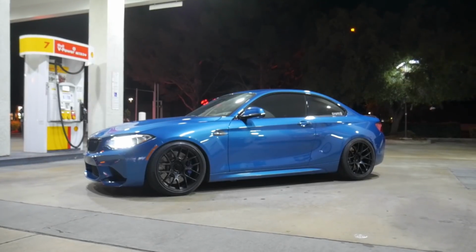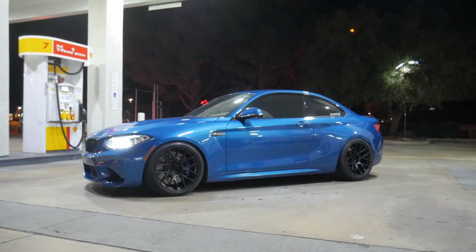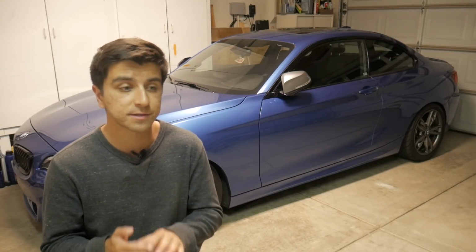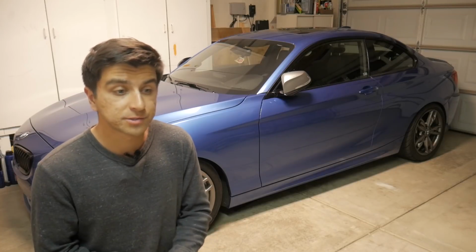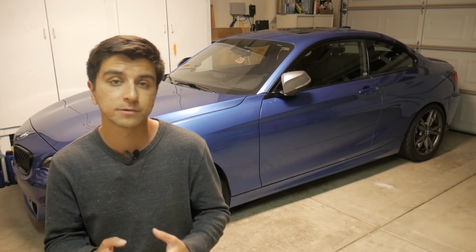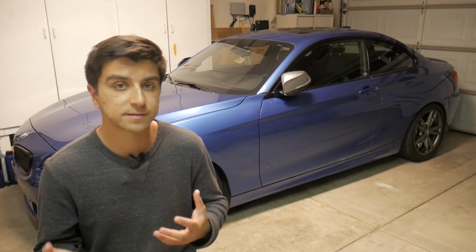Now, overall, does this amount to a significantly different car? In my opinion, yes, it does. If you're somebody that likes to track your car, high performance driving events, canyon runs, and things of that nature, you'll definitely notice those differences without a doubt. If you're somebody that just likes to build a car that's good for straight line speed, if you like doing highway rolls and things of that nature, well, you won't feel the differences or really get to experience what the full M2 is capable of in that sense,